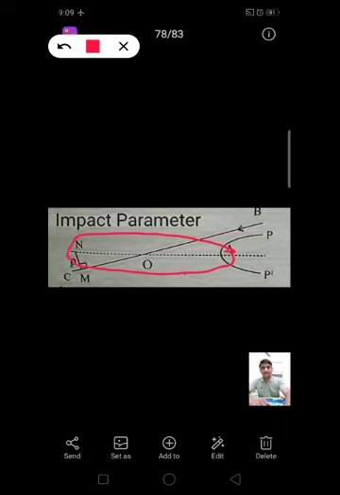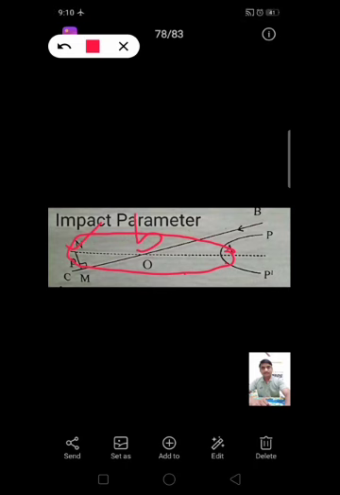Here A is a point on the parabolic path. The alpha particle reaches A from P. It experiences 0 force, which means the velocity is equal to 0. Now the distance of the point A from the nucleus is called the distance of closest approach, and it is indicated with the lowercase English alphabet b. That means the closest approach is written as NA is equal to b.